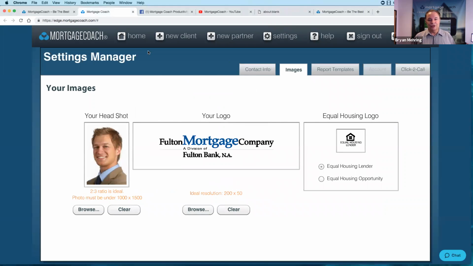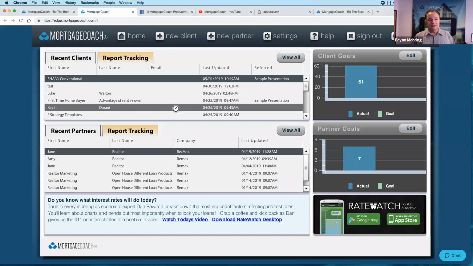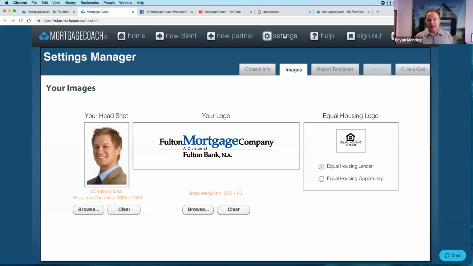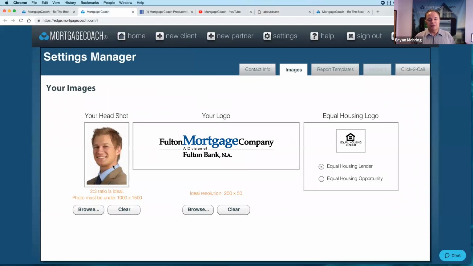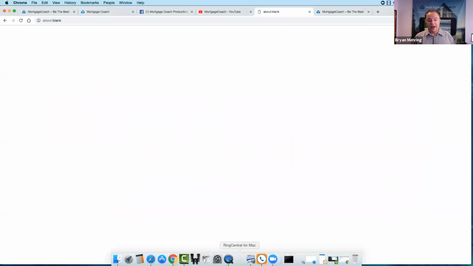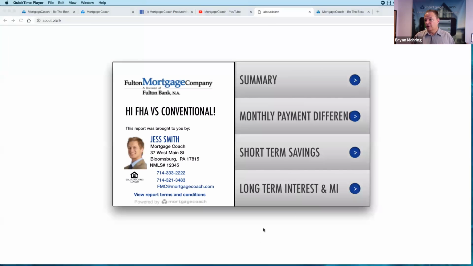What you're going to do is go into the Mortgage Coach advice engine. This is the home screen. You'll go to the settings, and then this is where you would upload. Here's your contact info, and here's the images tab. This is where you would upload your image so that your personal branding appears on each of your Mortgage Coach presentations that you see here. So when you look at the presentation,